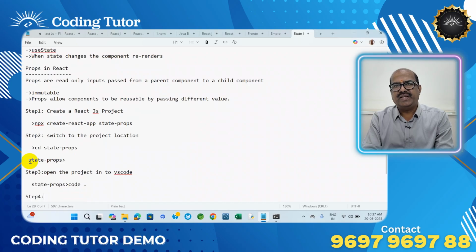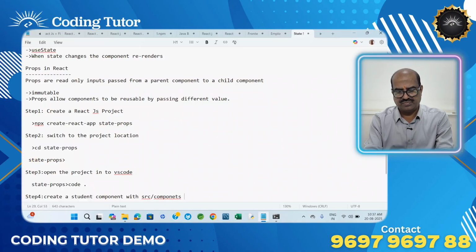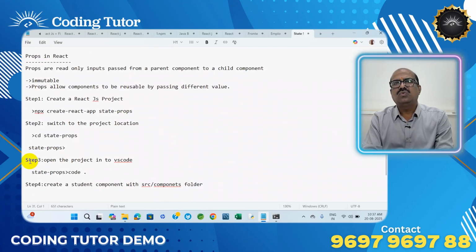We need to create one student component. Okay. Create a student component within the src components folder. Okay, you know how to create components by using the shortcuts, right? Or AFC, like that we are using. So we are going to see that practically also. Once you have created the component, in step 5,